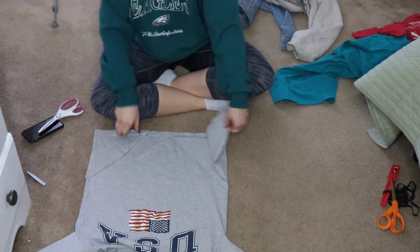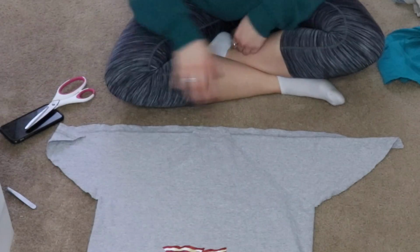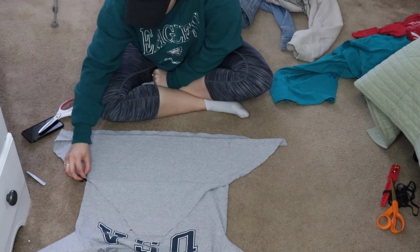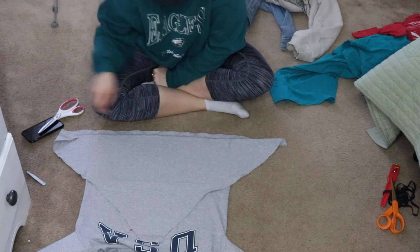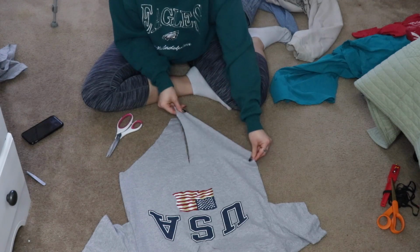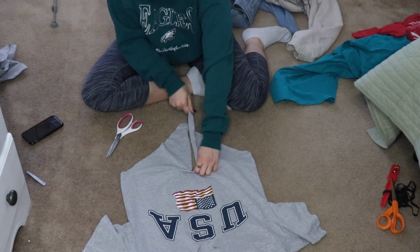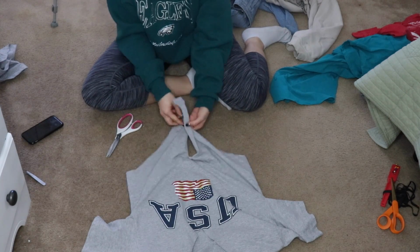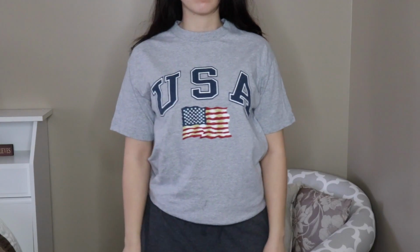Now that that's done, it looks like a diaper. I'm going to fold this piece up, and where it starts to ripple a little bit right there is where I'm going to cut this off. Okay, that was so uneven. Wow. And then you can pull on these a little bit. And then once it's done,